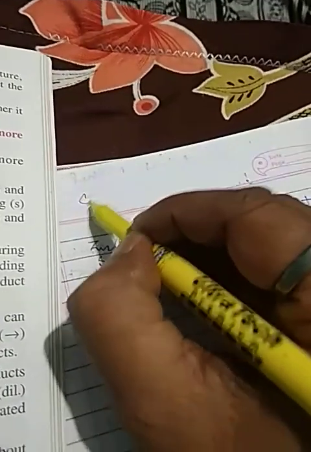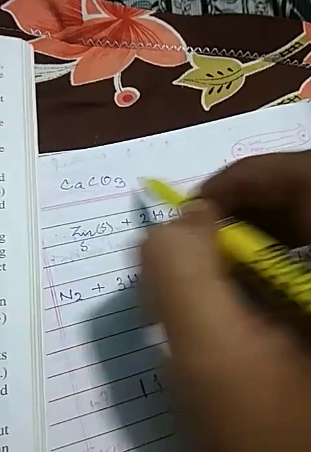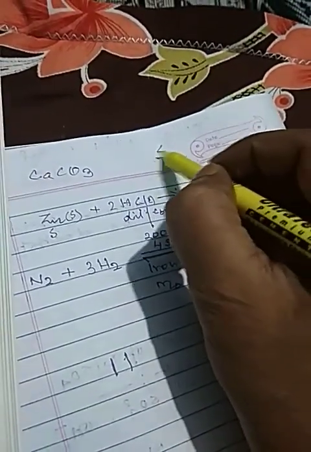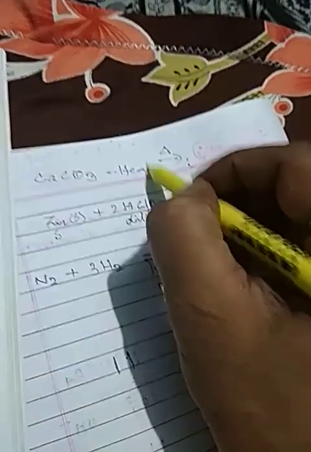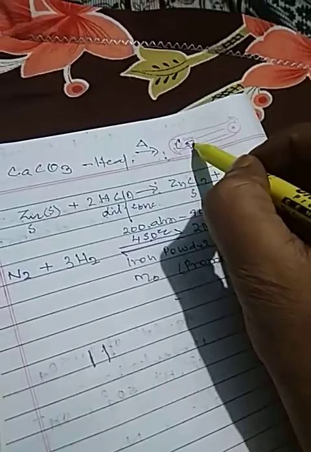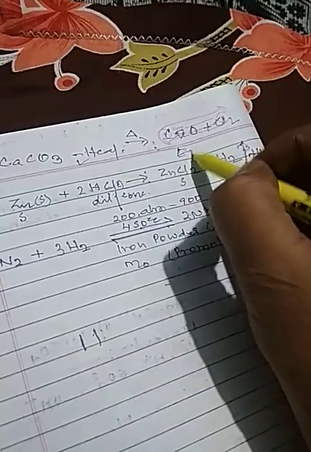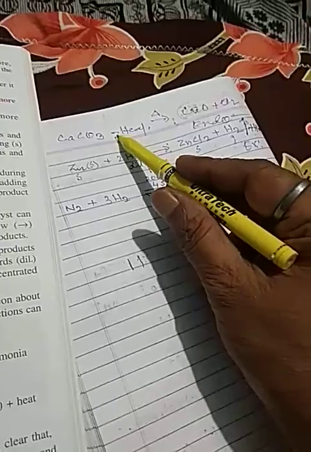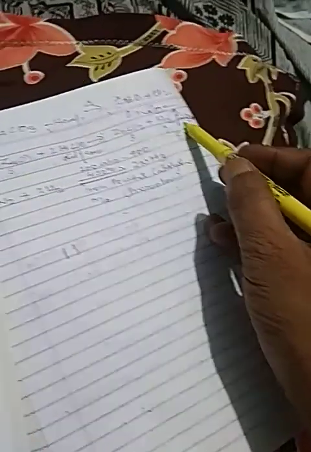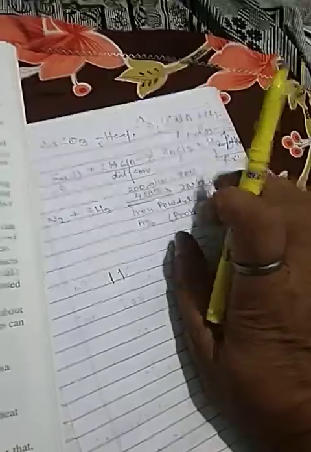Here heat is produced. Now if it is calcium carbonate, if you heat it, it will absorb heat. Means here heat is absorbed. The reaction will form calcium oxide plus carbon dioxide. Here heat is absorbed, called an endothermic reaction. So if we write minus or plus, it will give information that in this reaction heat is evolved or heat is absorbed.